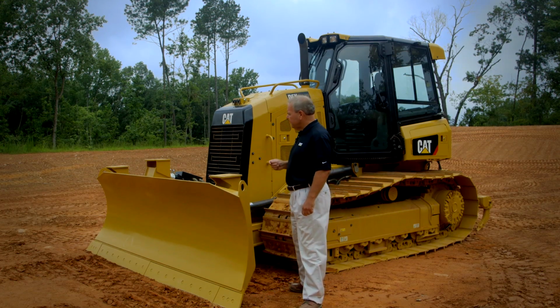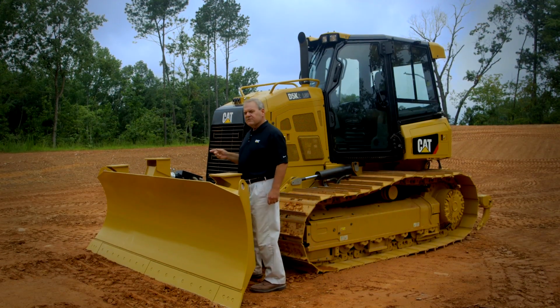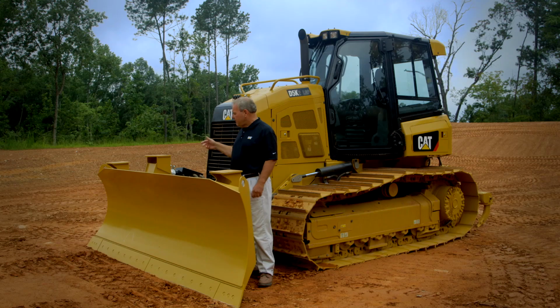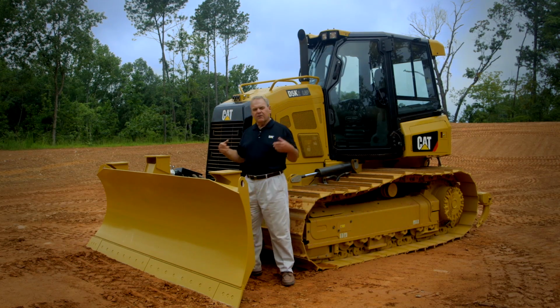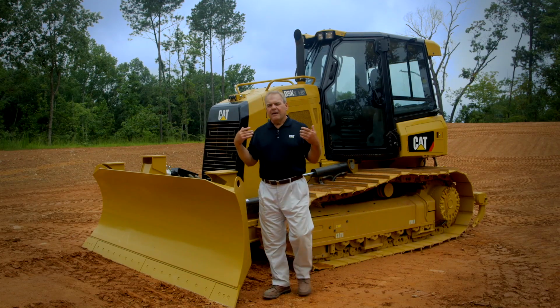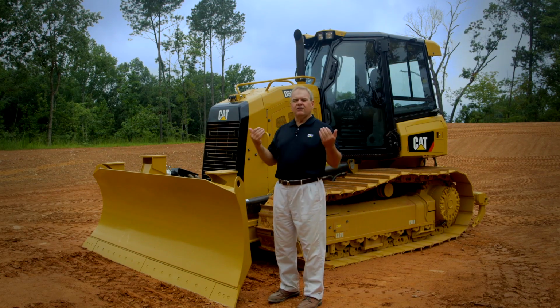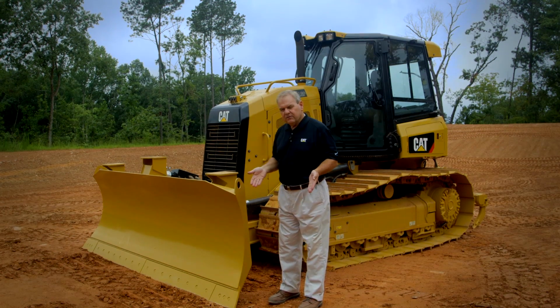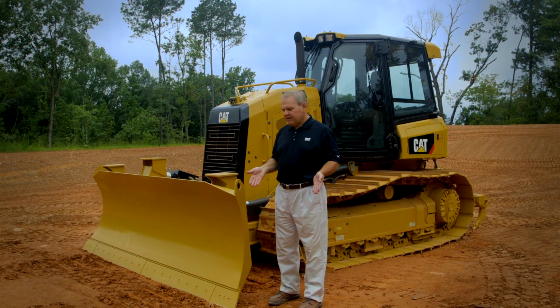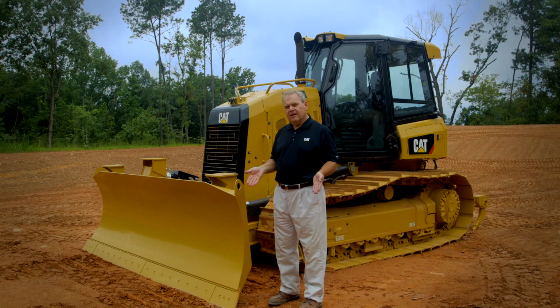Let's start out up at the blade. Several features that we had on the former model we've carried over to this model also, like power pitch. Just like a motor grader, you're able now to pitch the blade forward and to the rear, just like on a motor grader. So with that feature, the operator can actually pitch the blade from the operator's seat whenever he's